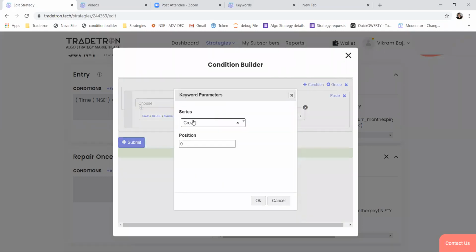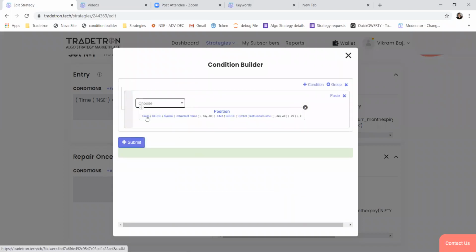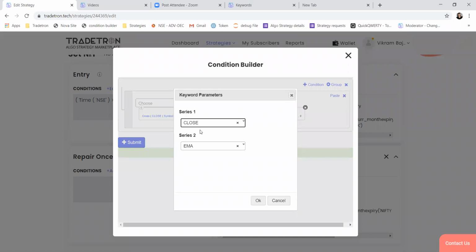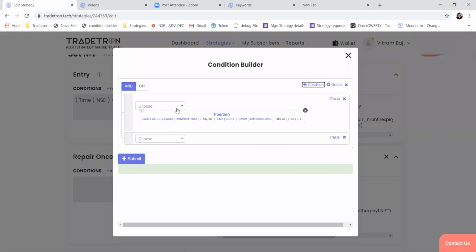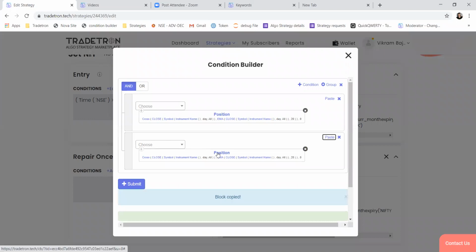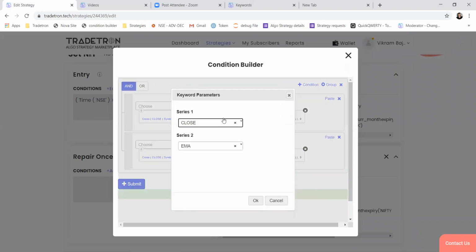I start with the position keyword where I select this cross. In cross, first I select close because I want to check close crossing above EMA value. If I want the opposite of it, then I'll use cross of EMA above closing value.